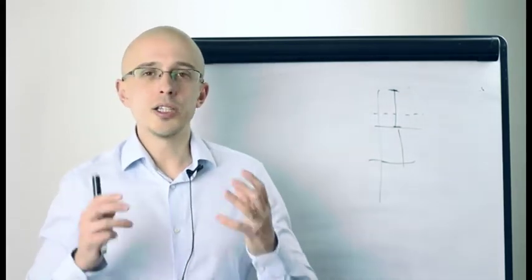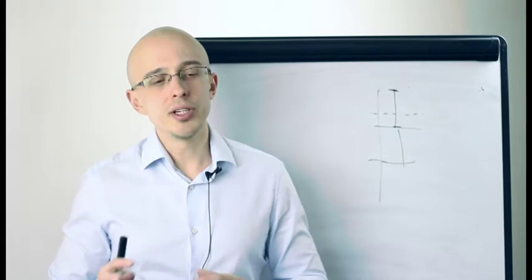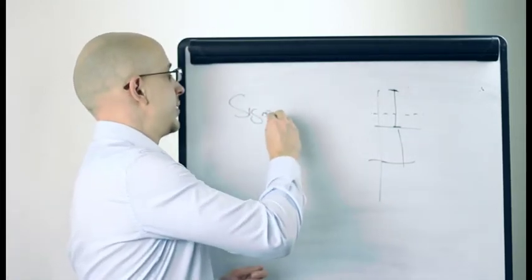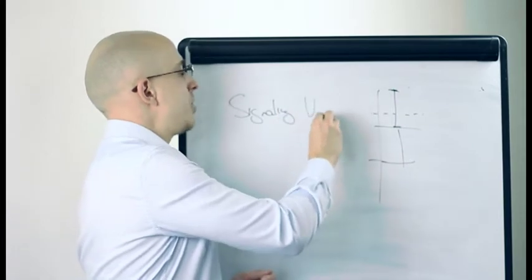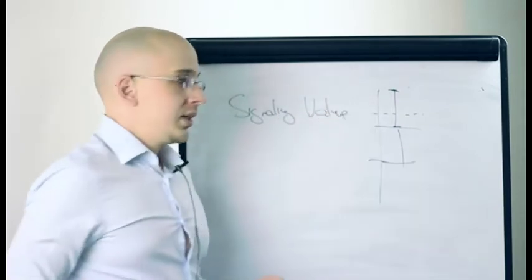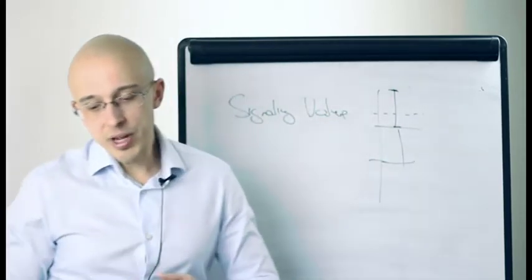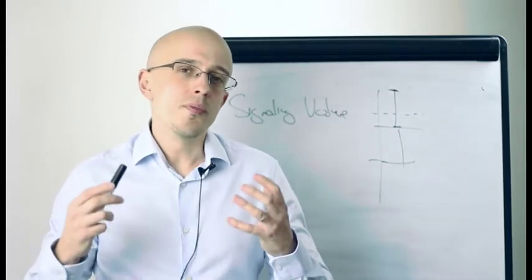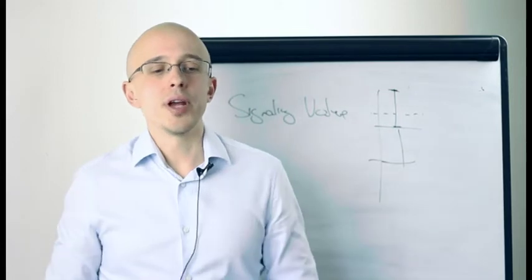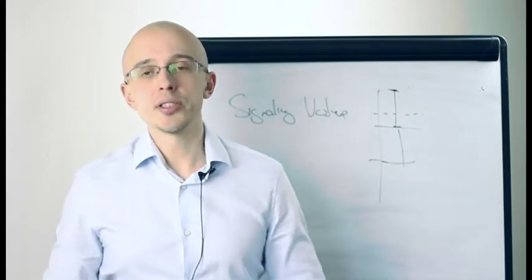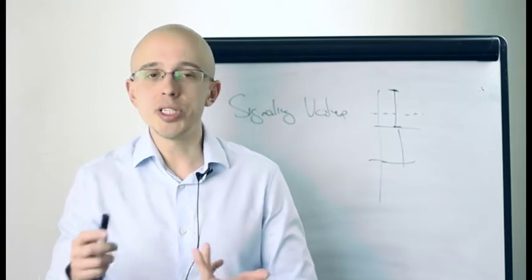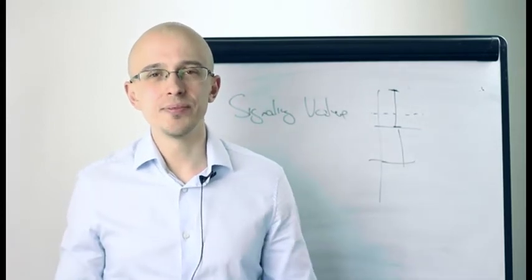Now, differentiated products need something that is called signaling value. I will write down signaling value. Now, what is signaling value? The problem with many differentiated products is that actually you're trying to offer a product that is maybe differentiated based on customer service and quality, right? Not necessarily on the design or something that people easily see.